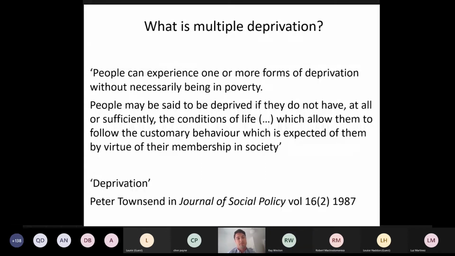Often it's a concept which is inevitably linked to poverty, but poverty and deprivation aren't necessarily the same thing, certainly not in our conceptual definition of how we apply, collect and produce deprivation statistics. So on the screen now is the definition of the conceptual framework we use consistently across England, Wales, Scotland and Northern Ireland. And it's based on Peter Townsend's long-standing work on deprivation, social inclusion and poverty.